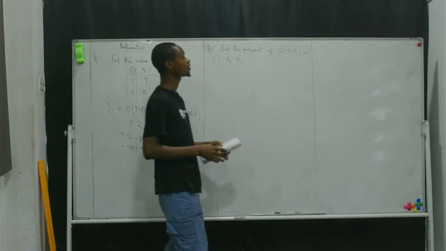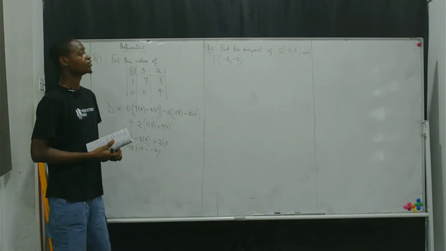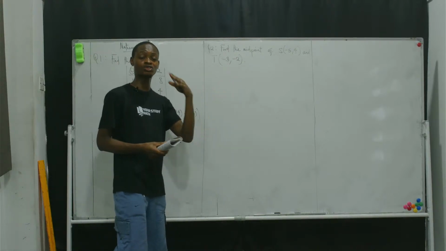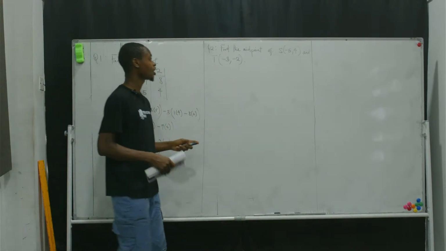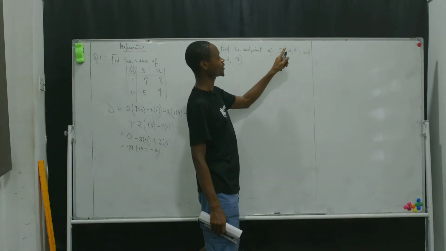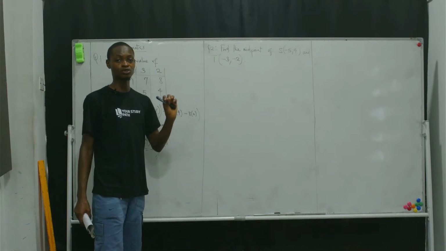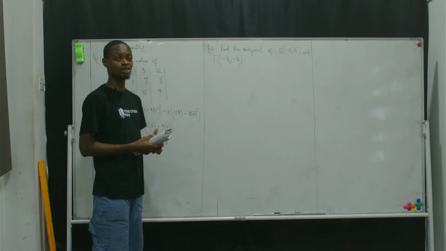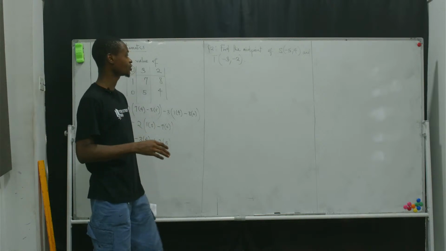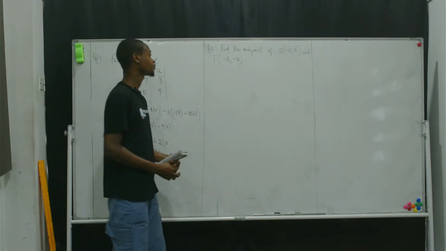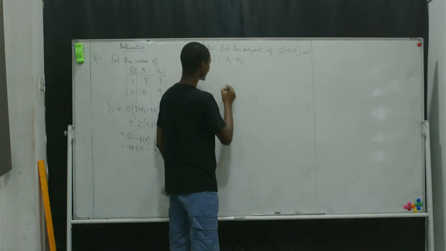so in this case, you have to find the midpoint of two points that have been joined together to form a line. So this is line geometry. Now, S is a point at minus 5 and 4, and then T is a point at minus 3, minus 2. They are joining together to form a straight line, of course. And then we have to find the midpoint of that straight line that joins these 2 points. Now, do not forget that